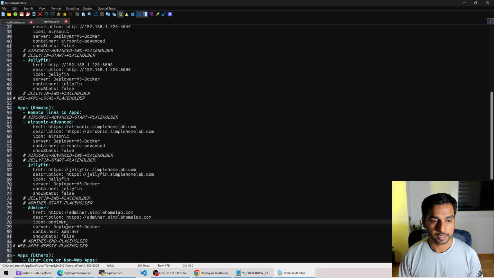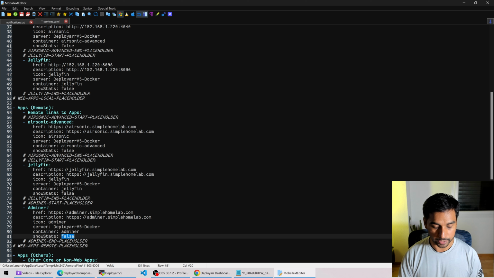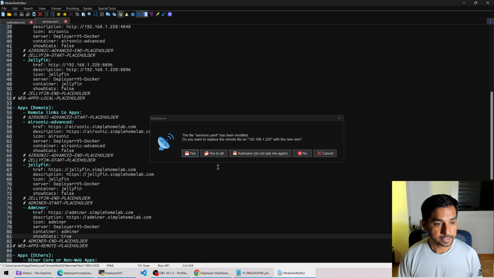The icon remains the same, adminer. The server here remains the same. You don't need to mess with it. You can see, in fact, for Jellyfin how it's done. Container name is adminer. You don't really need to do anything. Let's say I want to show the stats. I can turn this to true and then save it. Now, if I save this